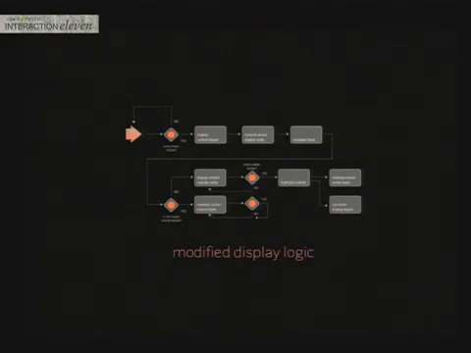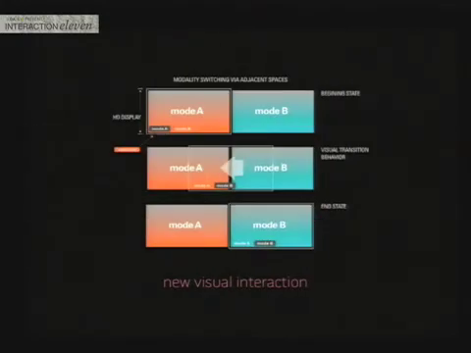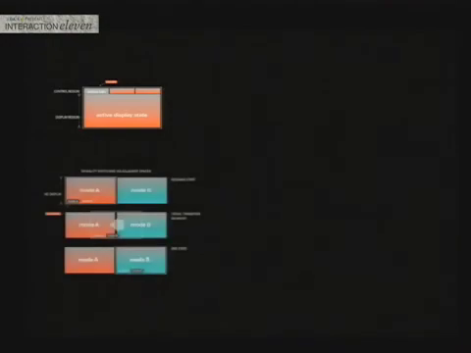The next step here is rethinking some visual interaction based on that logic. In this case, I'm calling it modality switching via adjacent spaces. Nothing too revolutionary there. It's just this notion that I have to invoke a control, and once that control is invoked, I have to navigate focus between that control to change the display state. And so here I have two